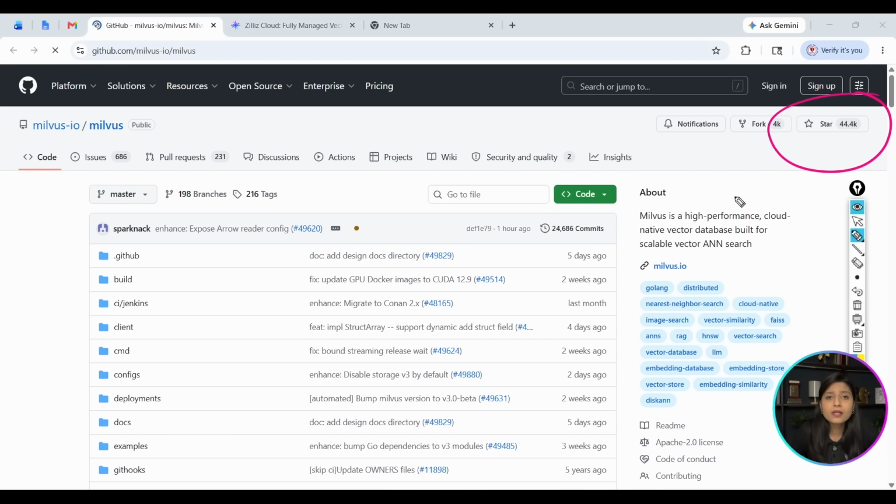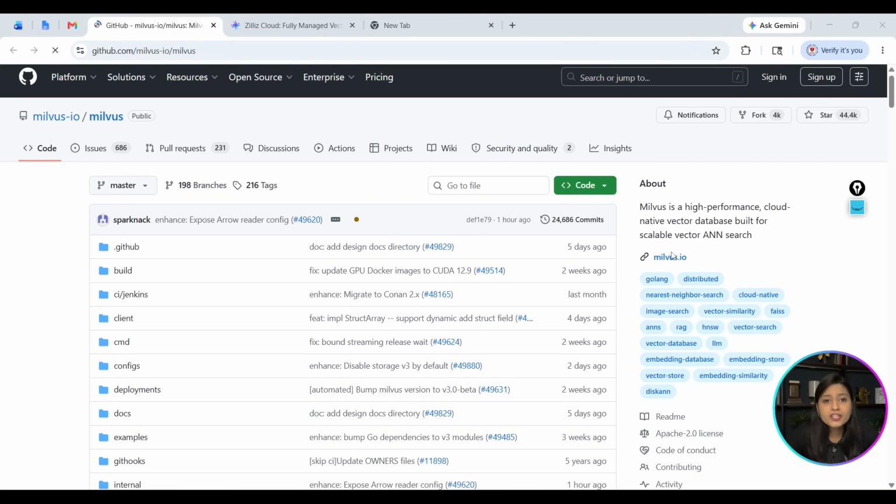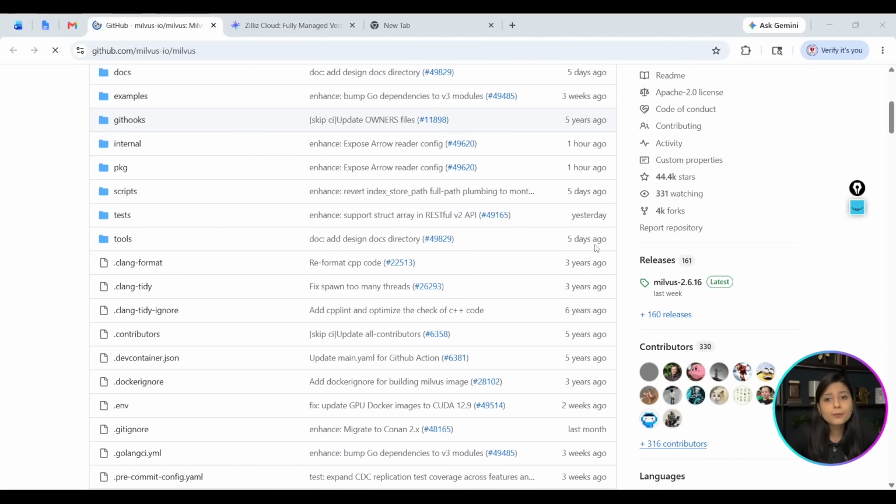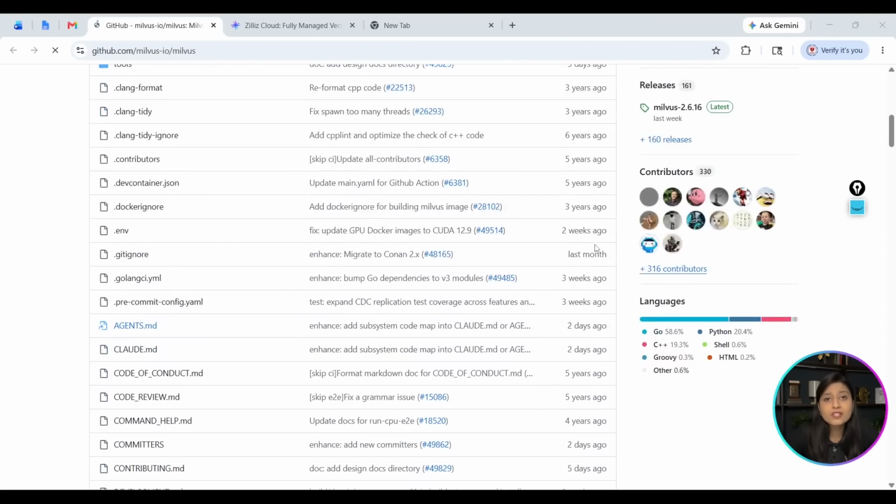Milvus is built specifically to store, index, and retrieve high-dimensional vector embeddings in milliseconds, which makes it a powerful choice for modern AI applications. Whether you are building image search, semantic search, a recommendation system, RAG applications, or even multimodal AI projects, Milvus can help you search through massive amounts of unstructured data based on meaning and similarity,